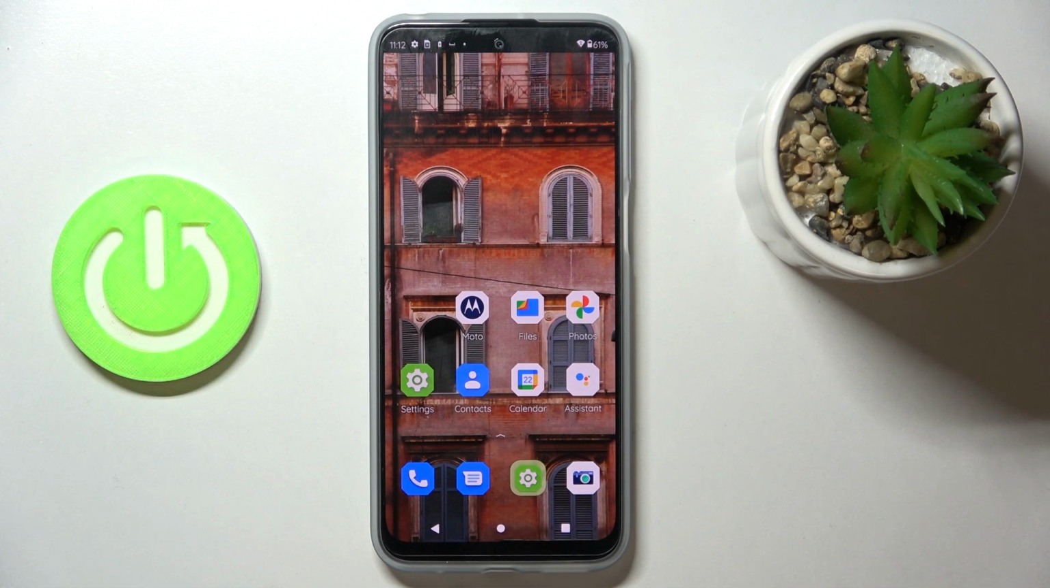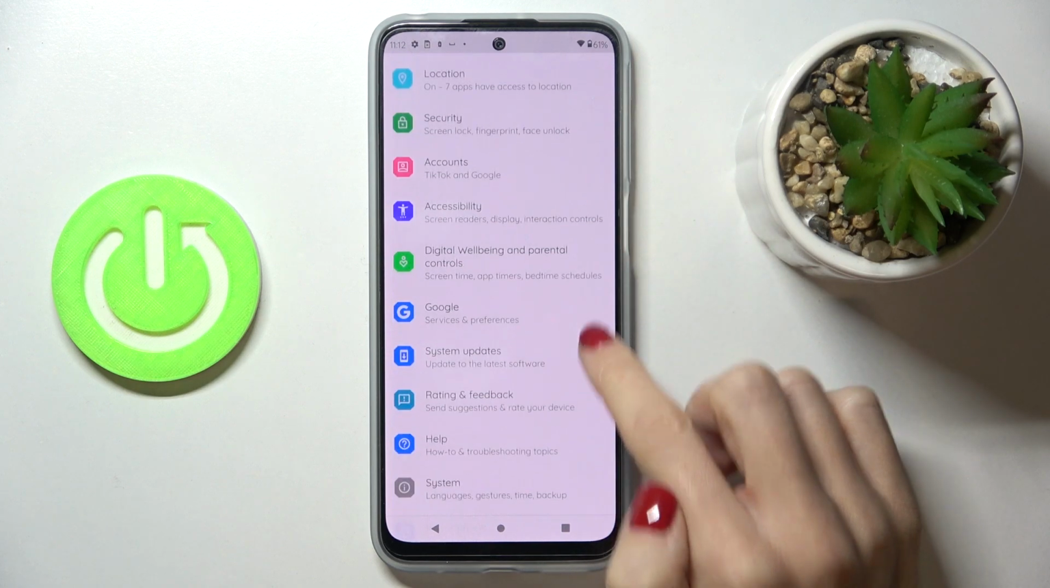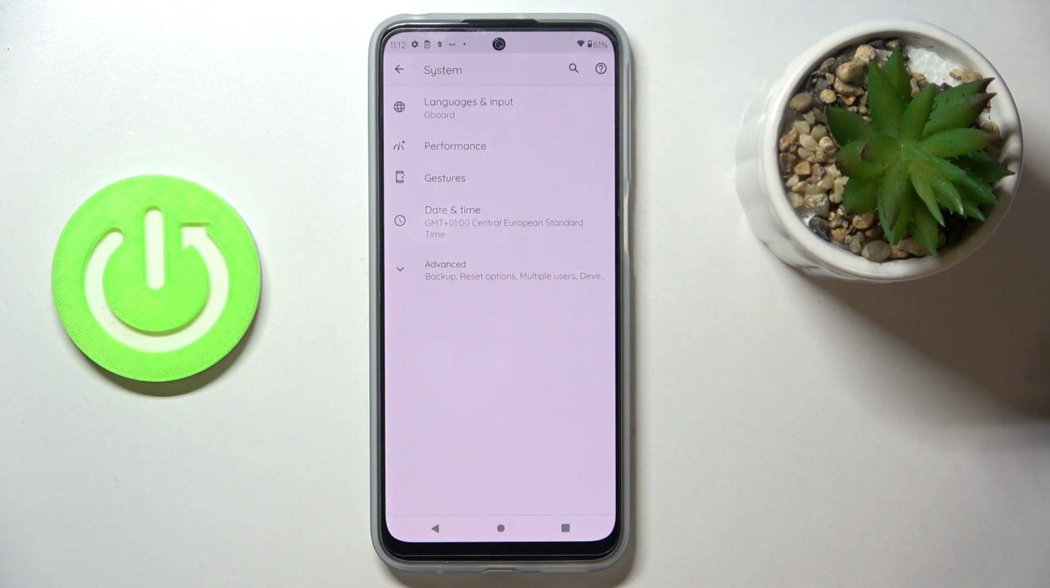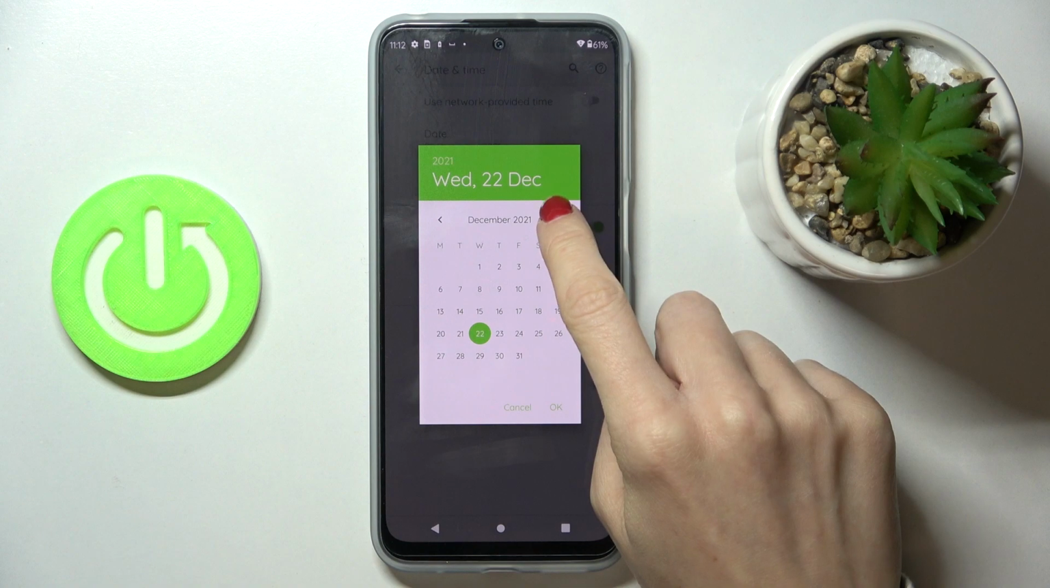In front of me is Motorola Moto G41, and let me show you how to change date and time on this device. So at first, just unroll settings, go to system, and pick date and time. And here you can switch off automatic date